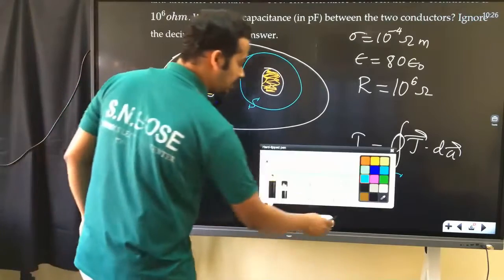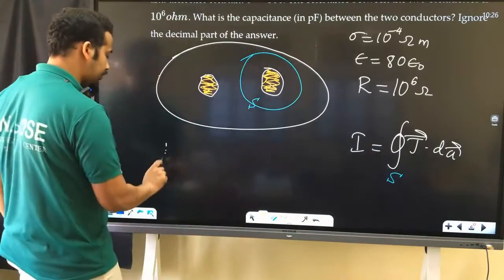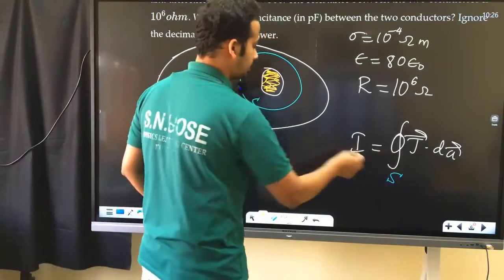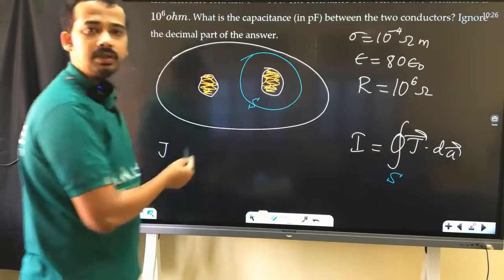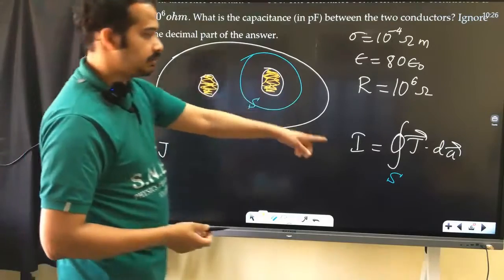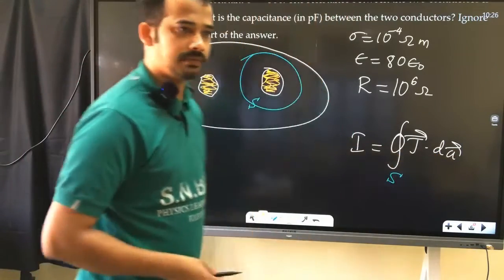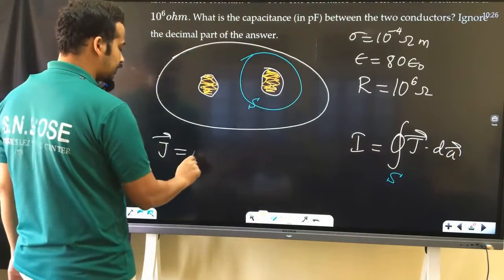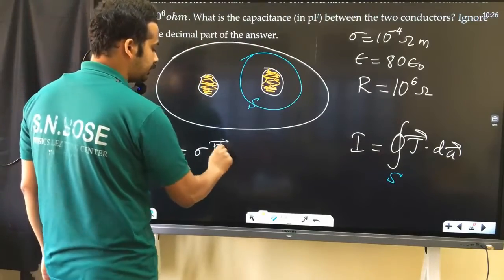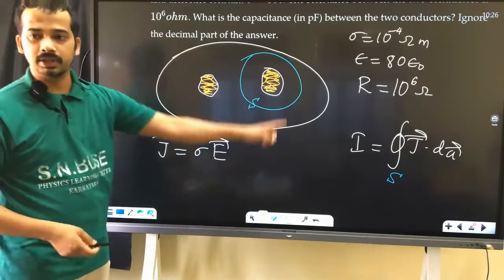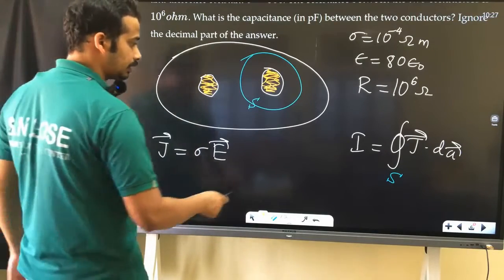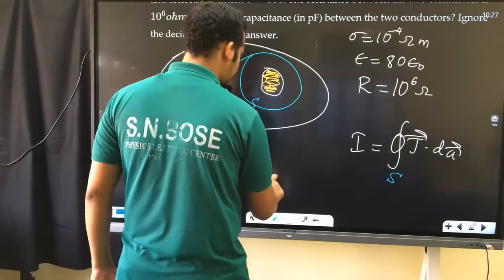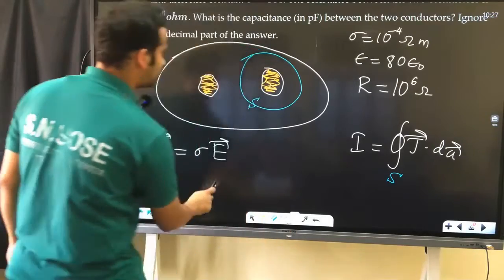In the next step, where you have applied this surface, you are defining this J vector in this ohmic material region. On the surface, you have defined this vector field. On the surface, J is equal to sigma times the electric field. Sigma is the conductivity of this ohmic material he has given. Do this problem again if you are not getting that one. When you substitute this, it will become Gauss law.